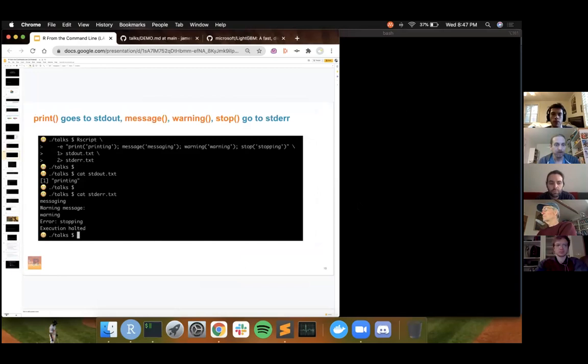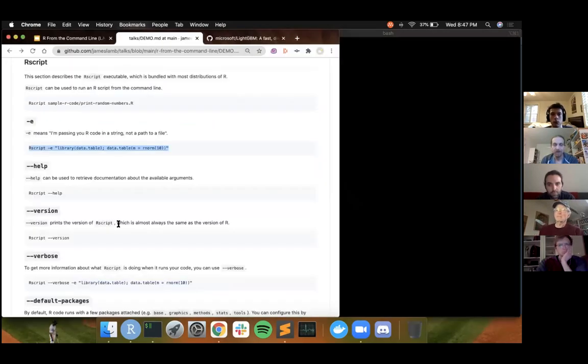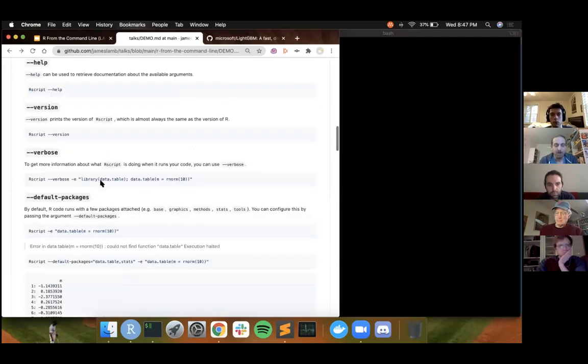Beautiful. So I talked a minute ago about these concepts of standard error and standard out, right? There are a couple of main base R functions that you can use for producing output. Some of these print to standard out, some of these print to standard error. And that's why you might see different colors in a terminal, like in RStudio, for example, from these different types of outputs. So I am going to prove to you that print goes to standard out by default, and that the functions message, warning, and stop print to this other output stream called standard error. So what I am doing here,